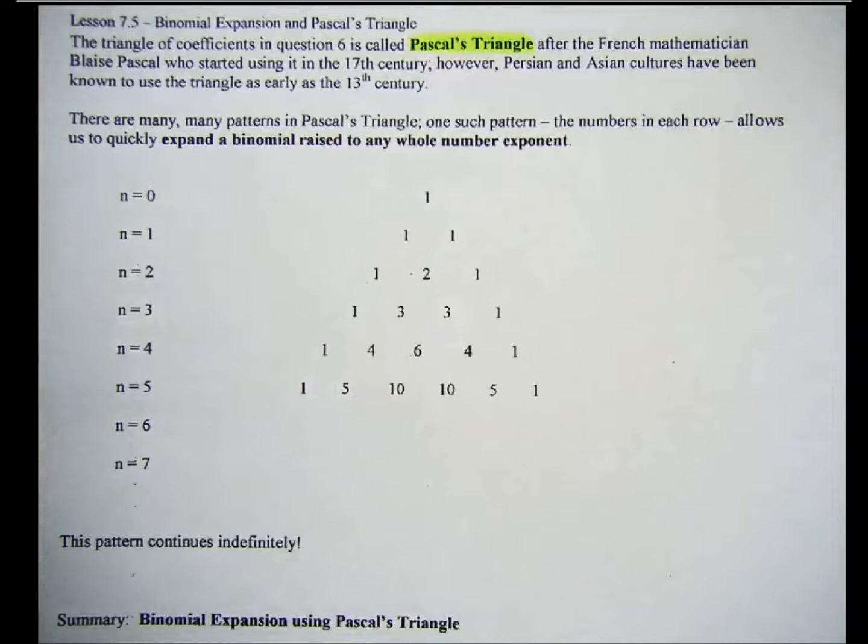All right, so there are many, many patterns in Pascal's triangle. One such pattern, the numbers in each row, allows us to quickly expand a binomial raised to any whole number exponent. So if you haven't figured out the pattern yet,